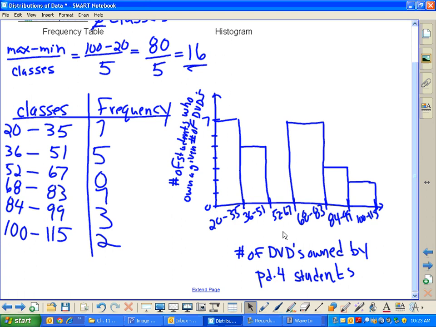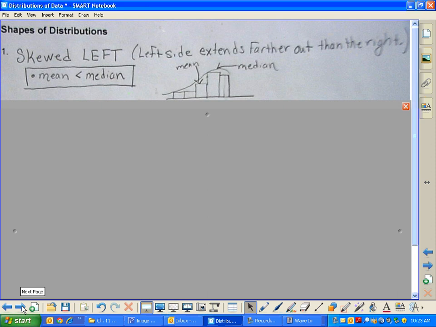And then, so for the last part of today's lesson, all we have left to talk about is what different shapes can these come in. To be honest with you, we don't go through all of the shapes. For instance, the shape that fits this graph isn't even one of the ones that we spend a whole lot of time studying. Honestly, there's 4 different shapes that we're going to spend time studying. And the first one